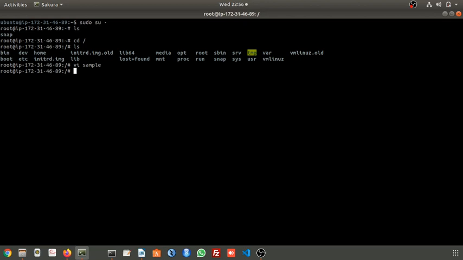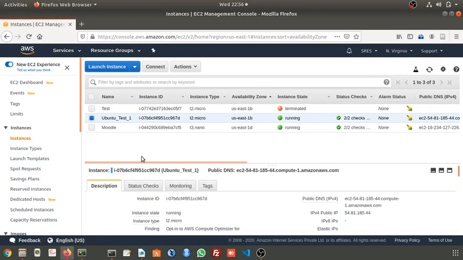Fine. So what I did, I created an instance with the Ubuntu operating system, and I connected to it from the local machine. Similarly, we'll try to create one more machine. How to do that? Go to the instance.